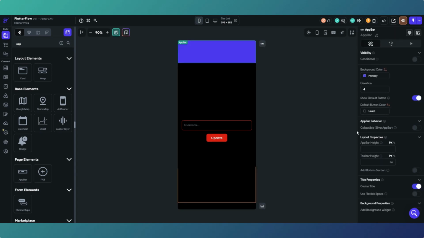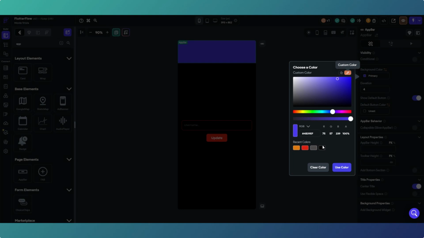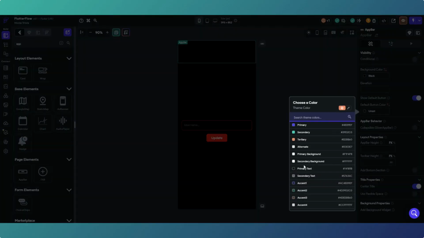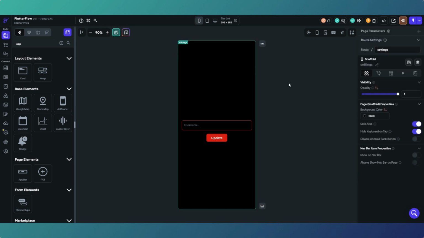I shouldn't have got rid of that. Make the color same. We don't want the elevation. We do want the default button, but we want the button color to be secondary background. So we should have a back button on there when we look at it,